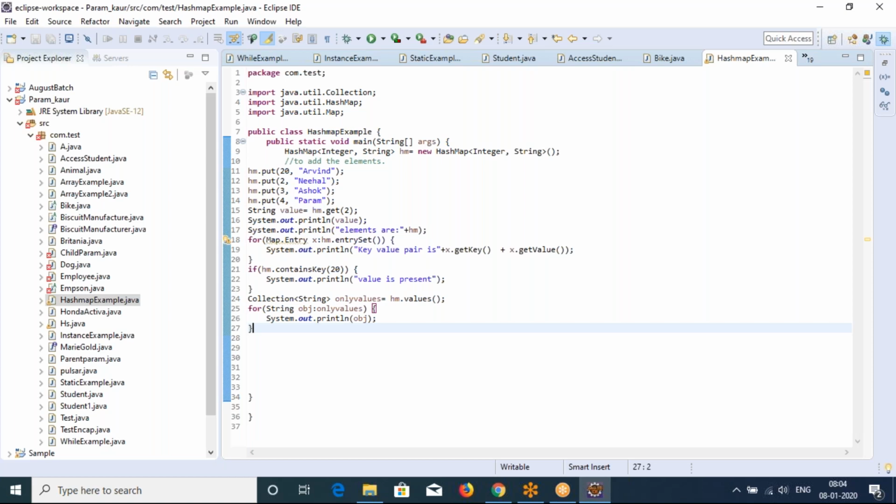What are you thinking? Not understanding? I mean, this is only value. Try it out for the other things also. I tried it only for hash map. You try it out once.